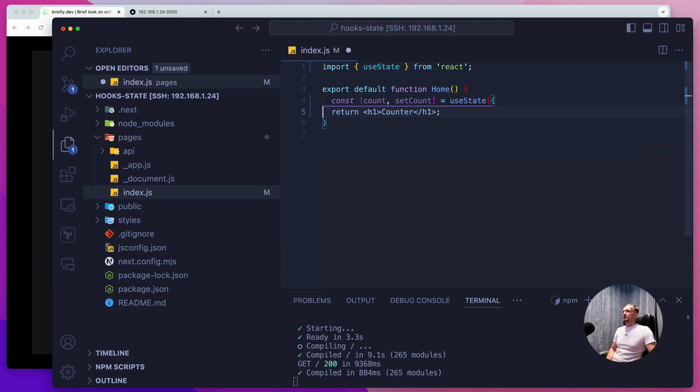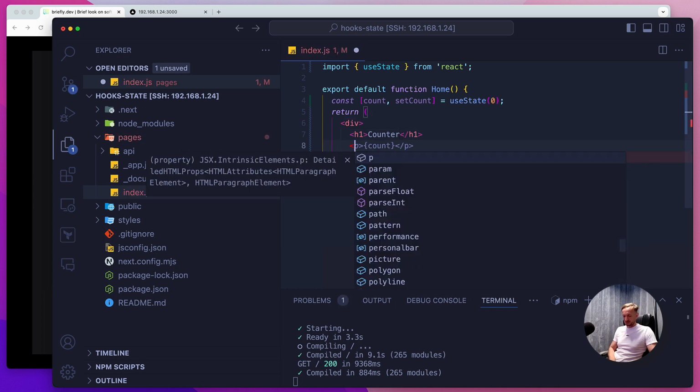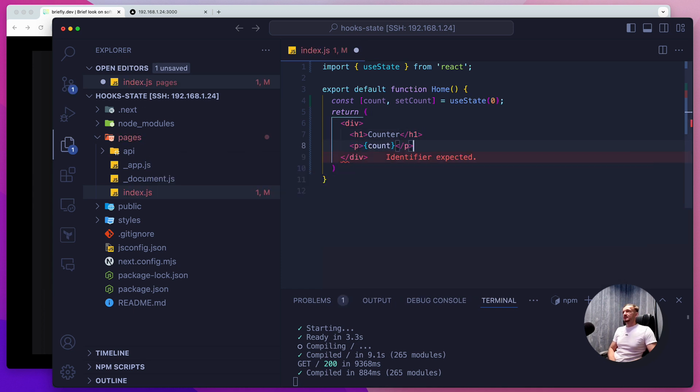So let's go firstly with a very simple one, so useState, and let's create ourselves here a very basic button and showing off this counter. So let's do it this way. Let's do here maybe a div. Let's do here maybe h1 that we know what we would like to do. Let's then do